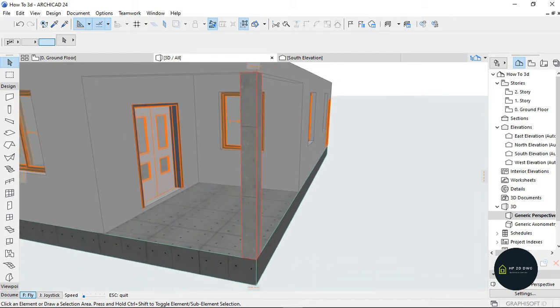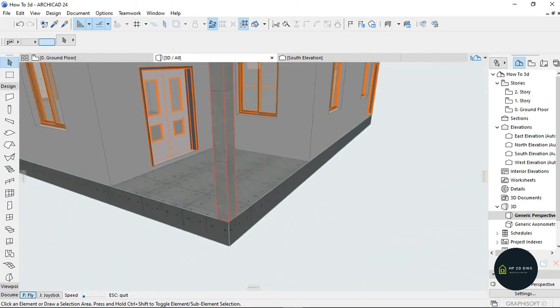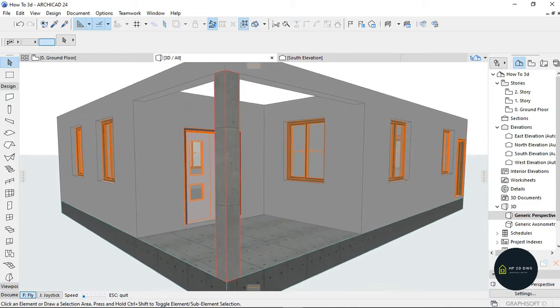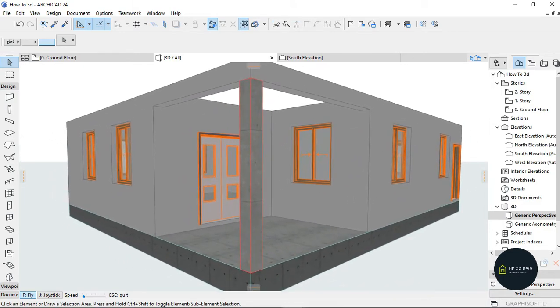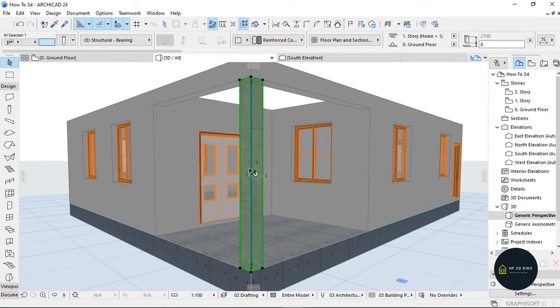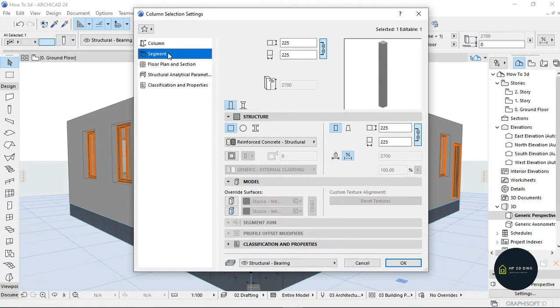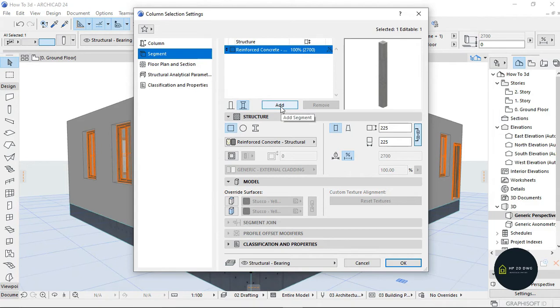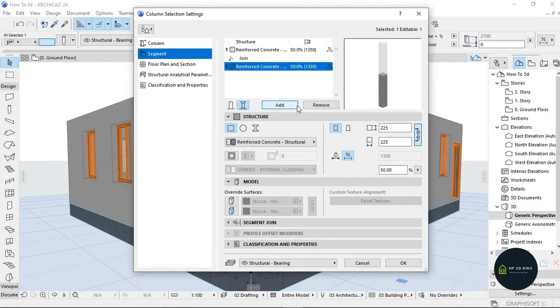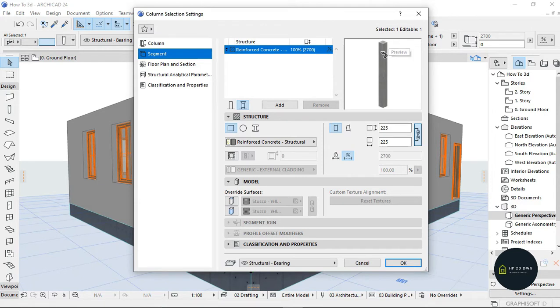As you can see, this is the pillar, and if I want to design the pillar now, what I'm going to do next is click on this pillar right here and go to the settings dialog here. Then click on segment, and you see this right here, this multi-segmented. You click on it, it's going to bring out this window here, and here you can add different. As you add, you notice that this place changes, it's showing you what is going to be added. I want to add different layers of